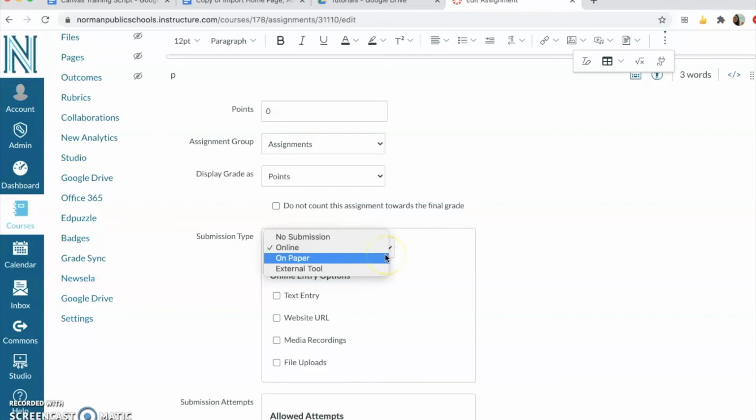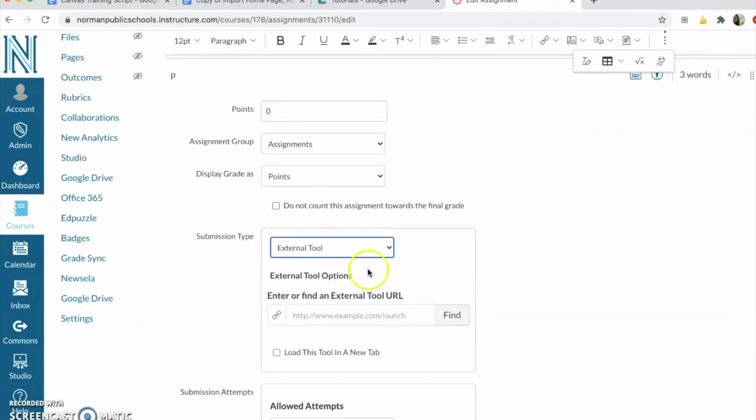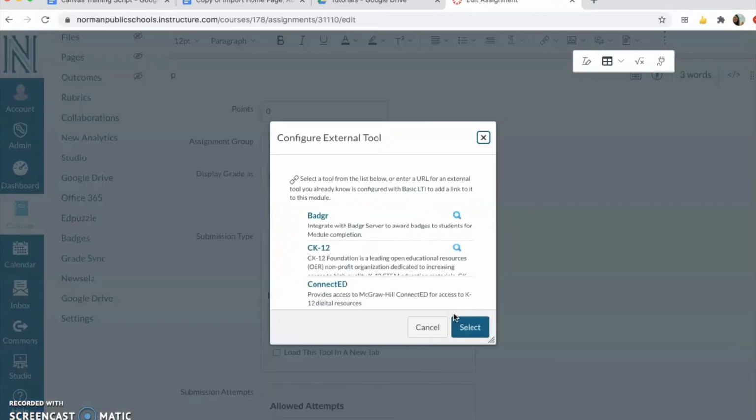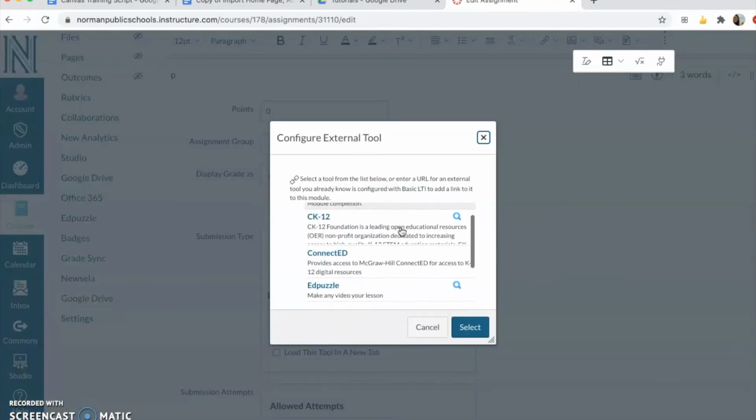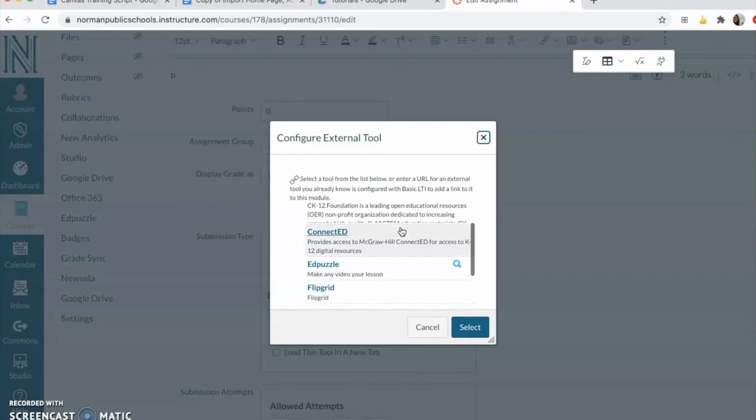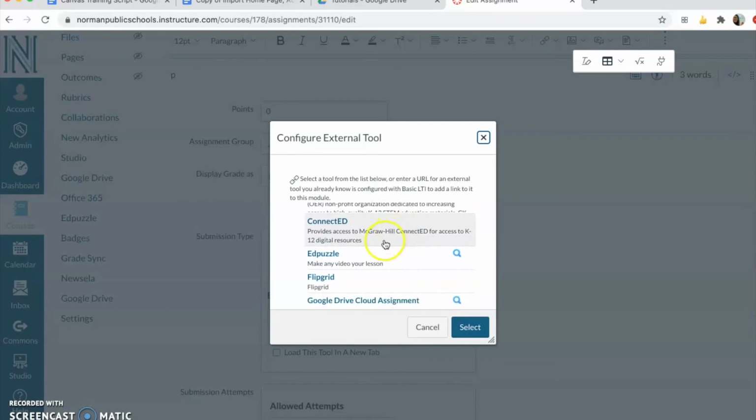Another option is on paper. This works when we're in person, but for virtual learning, this will not be an option for us. And then you can choose external tool. If you choose external tool, you have to choose the tool that you're going to have students use. Click on the Find button. And some of the tools that Norman Public Schools have approved are going to show up for you. So you could connect an Edpuzzle or a Flipgrid